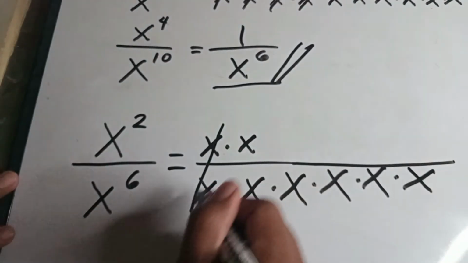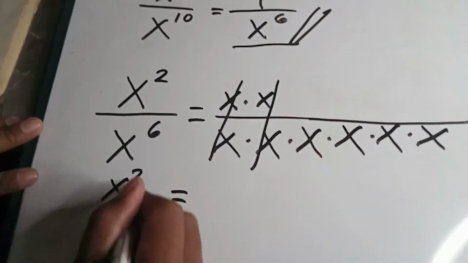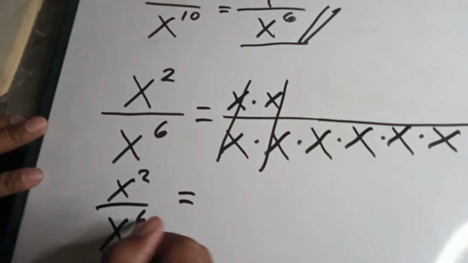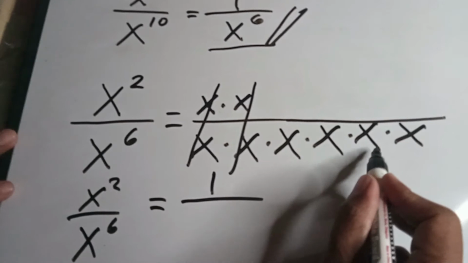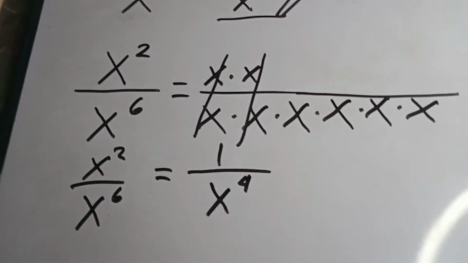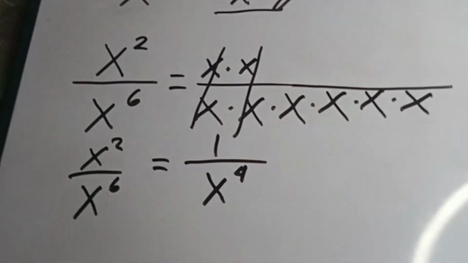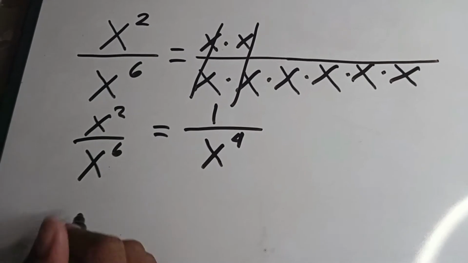So, cancel natin. Cancel, cancel. So, natira ay yung x raised to 2 over x raised to 6 is equal to 1 over 1, 2, 3, 4. So, x raised to 4. Pero mas madaling paraan. So, yung katulad ng dati natin, by the use of law of exponent, so we have